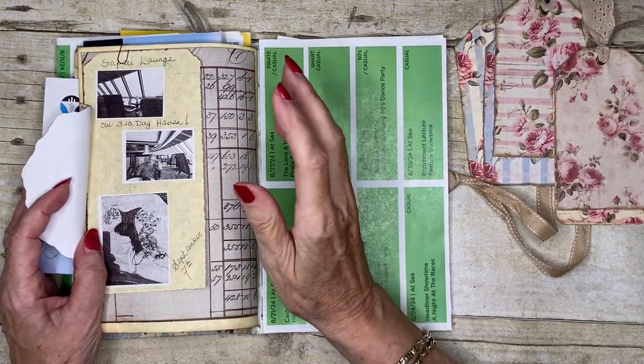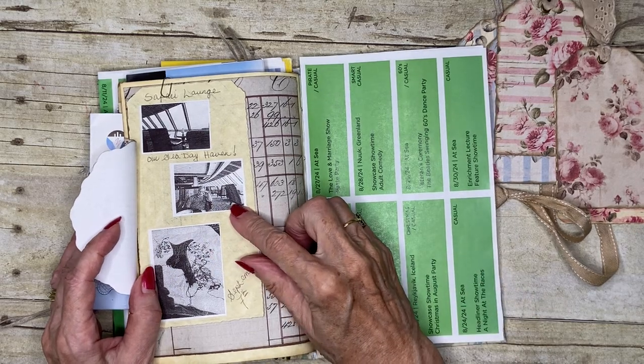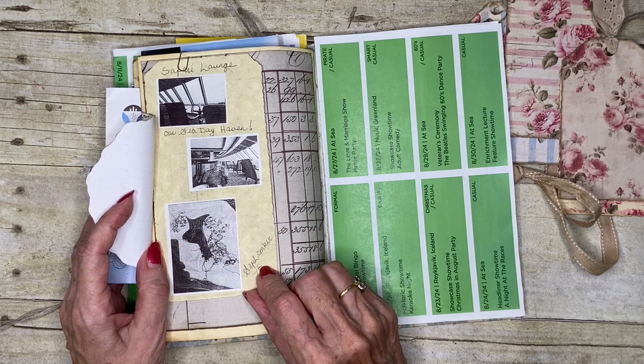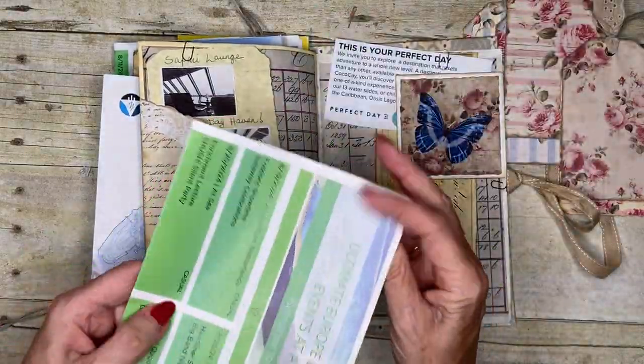There was the back of the ship called the Safari Lounge, and on our sea days we would go in there and read and stitch. And there's the stitching I've been working on. And it was really lovely there. And there we have the